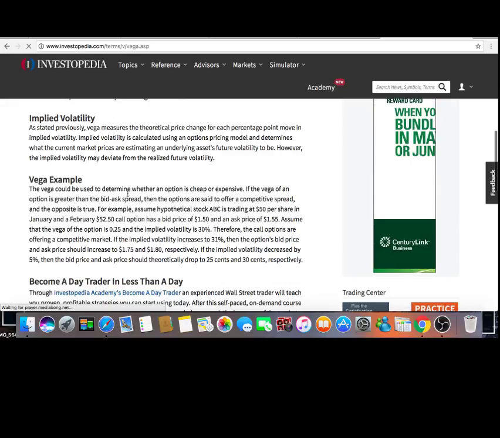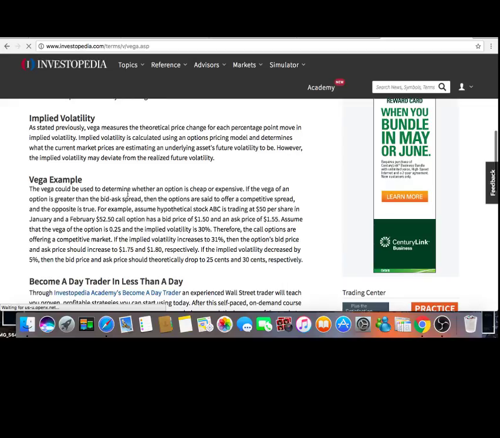For example, assume hypothetical stock ABC is trading at 50 per share in January, and a February 52.50 call option has a bid price of 150 and an ask price of 155. Assume that the Vega of the option is 0.25 and the implied volatility is 30%. Therefore, the call options are often a competitive market. If the implied volatility increases to 31%, then the option's bid price and ask price should increase to 175 and